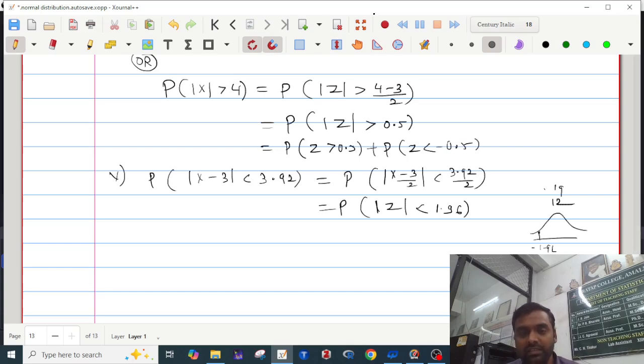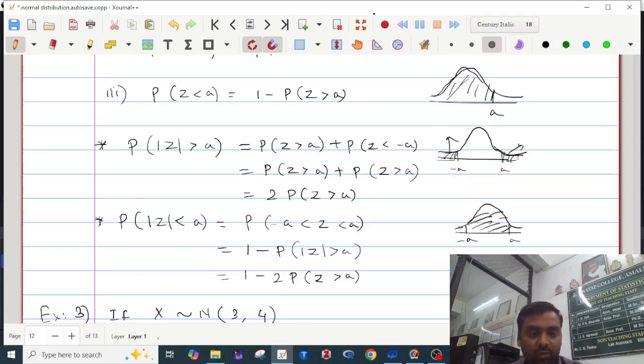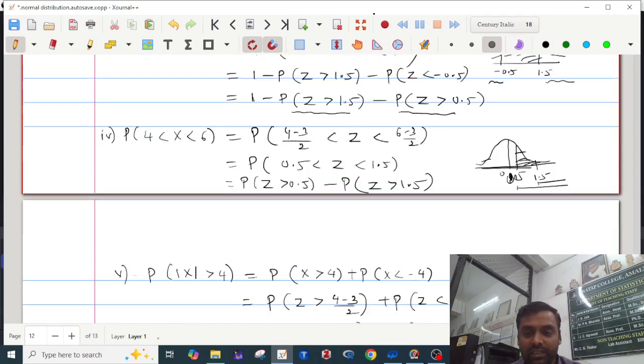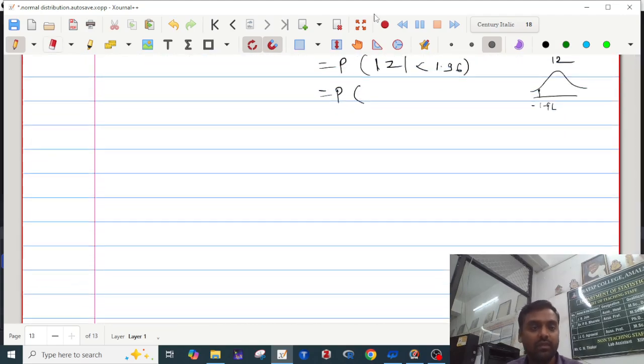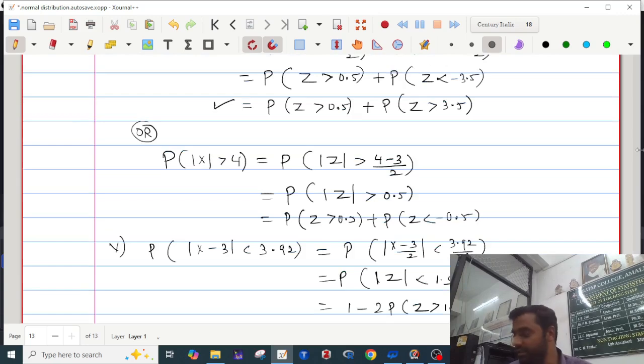And probability of mod z less than 1.96 is nothing but probability of minus 1.96 less than z less than 1.96. As already discussed in the notes or the rules, probability of mod z less than a value is nothing but 1 minus 2 times probability of z greater than that value. This is 1 minus 2 times probability of z greater than 1.96. So solve this and you will get the probabilities. Now the next is